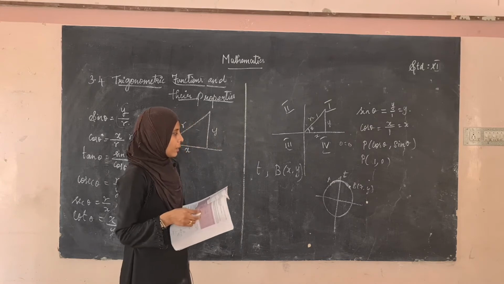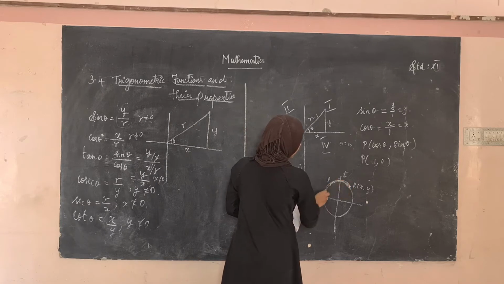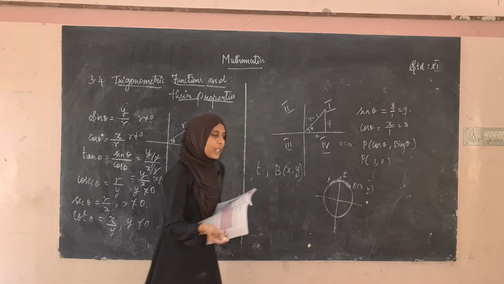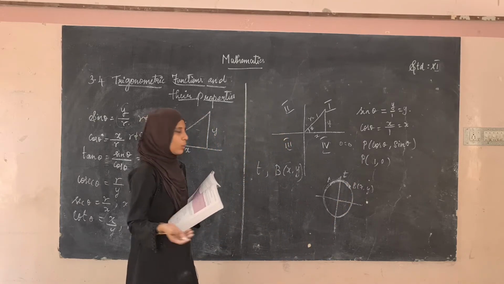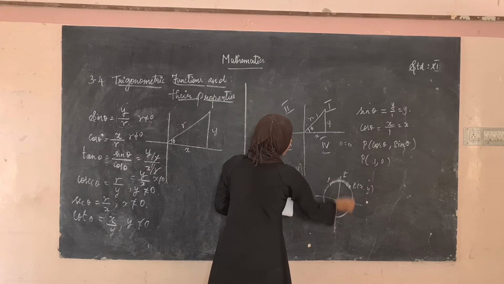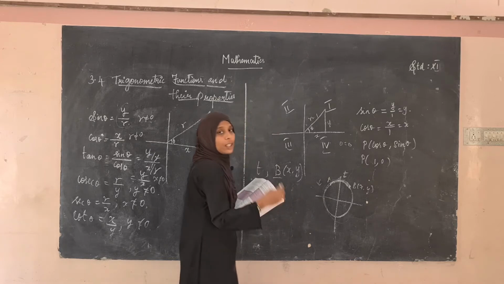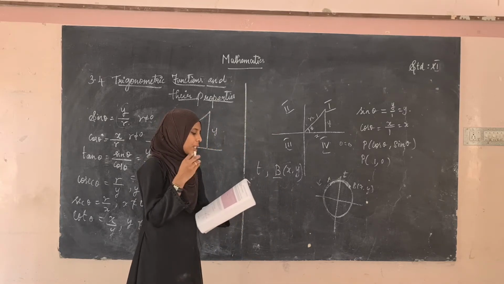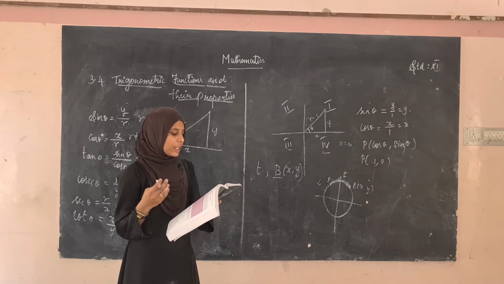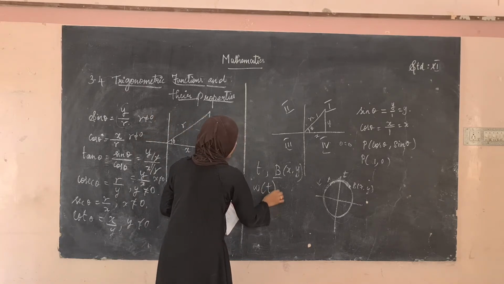Okay, then if t is positive, we will choose B in anti-clockwise direction. When moving on the unit circle like this in the anti-clockwise direction, we will choose a point. Since t is a real number, it may take positive values and negative values. So if t is positive, we will take this point B in anti-clockwise direction, and if t is negative, we will take B in clockwise direction. So such this type of function. Okay, then the angle theta subtended by the arc length at the center. So in this type, W of t is the wrapping function.